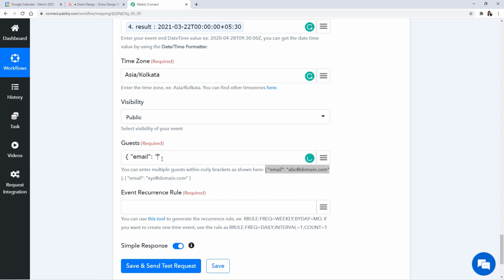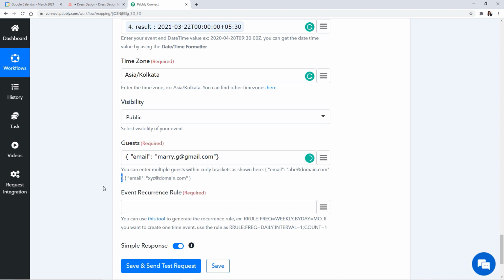So that is basically mary.g@gmail.com. Okay, so if we want to add multiple guests, then this is the format. As you can see, I skipped the bracket, no issue, I'm going to paste it.